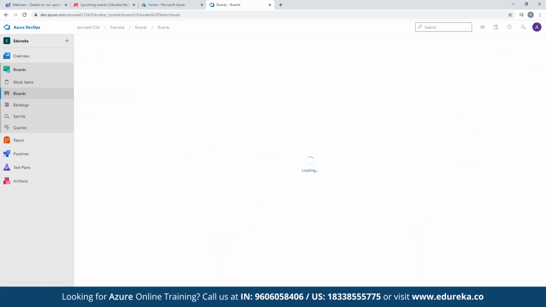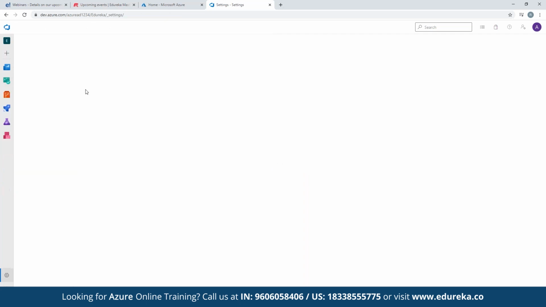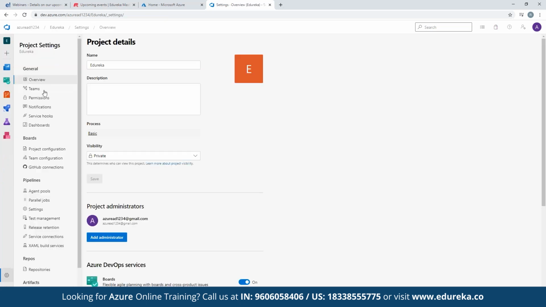And you have project settings here. Once you click on the project settings, you will also see the permissions related settings, teams, notifications, project configuration, GitHub connections, and all of those pipeline related settings are also available here, like agent pools, parallel jobs, all of that stuff.